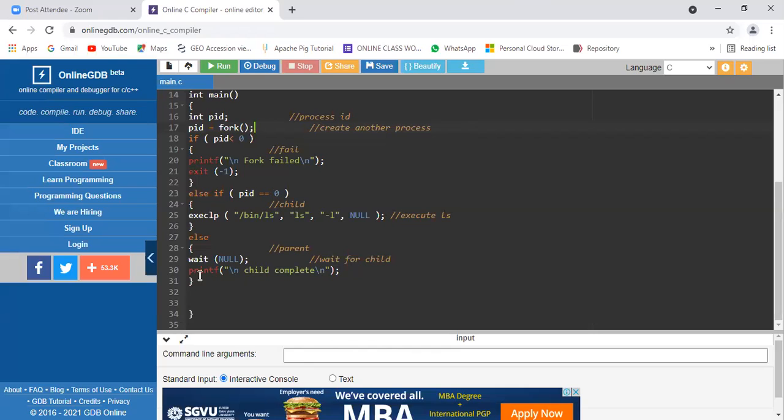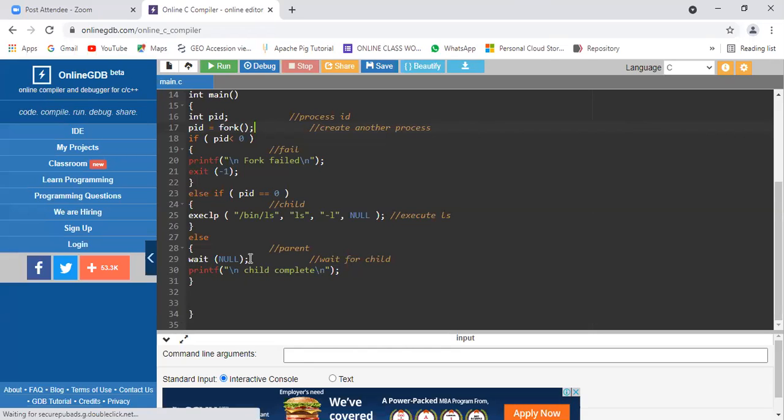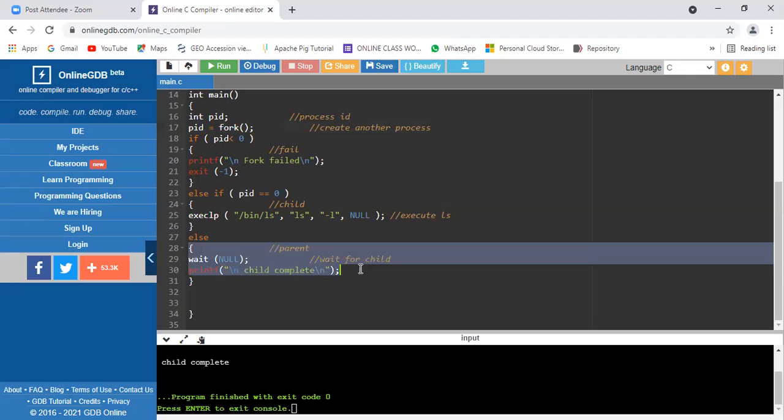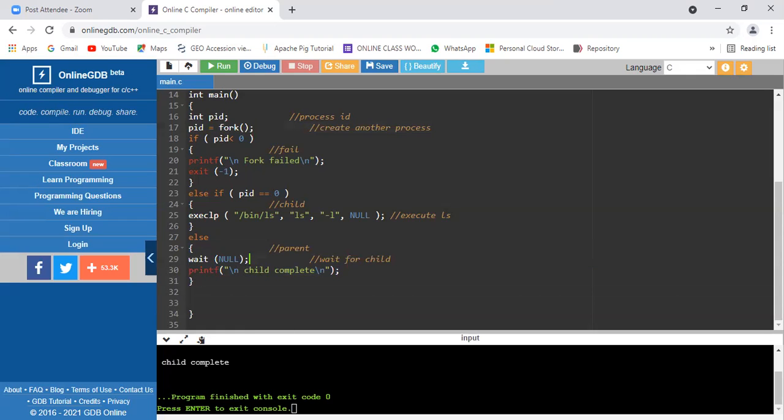Okay. So here we'll consider the first option, wait. So what happens in that case is it waits until the completion of the child process. Right? Let me execute this program. Yeah. So it was executed. Program finished with exit code 0. So here, what is the message that you obtained? What is the output that you obtained? Child completed. So if this part is executed, you may get the output like this. That means what happens in that case? So here the fork has created, or otherwise if you want to print that PID, you can print here.